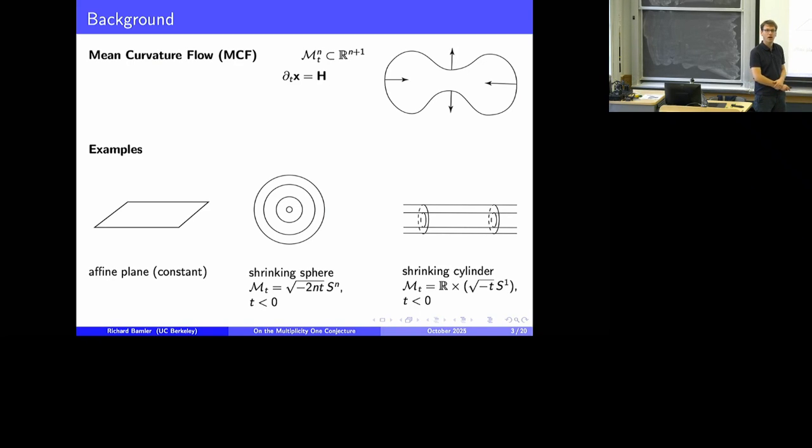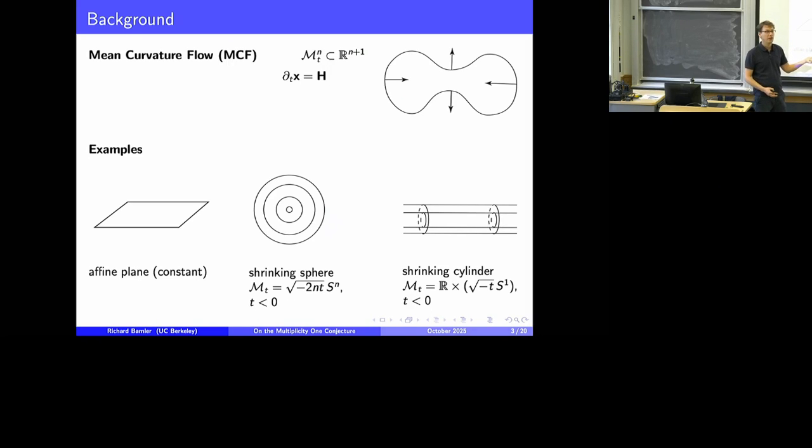I drew a one-dimensional sphere, aka a circle. In this case, the mean curvature vector points inwards. It's just a radial vector, and this will cause the sphere to contract. But while it contracts, the mean curvature will become even bigger, so the contraction will speed up, and the sphere will collapse to a point in finite time,